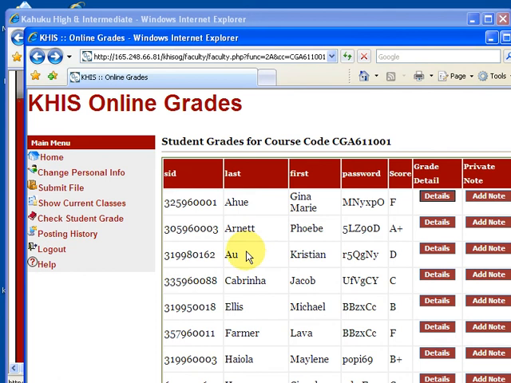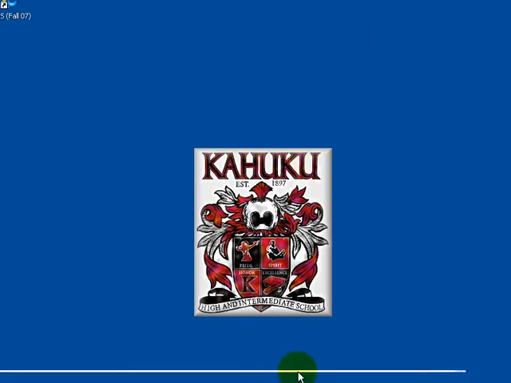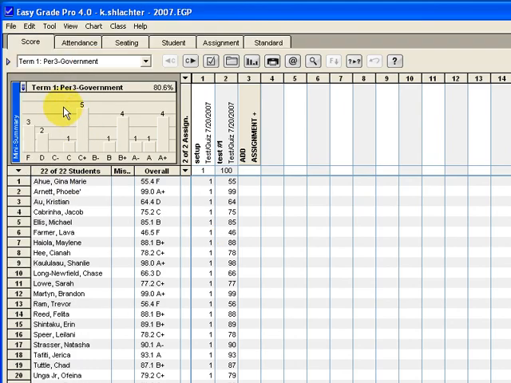I'm going to go through the whole process one more time, a little bit quicker, and you can see simple steps, those 2 steps to update your grades. So we're going to go ahead and log out of online grades, and we'll minimize this. And we'll go back to EasyGrade Pro. Here we are. We've updated some grades. We've entered some assignments, and we want to